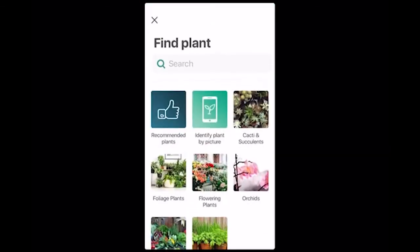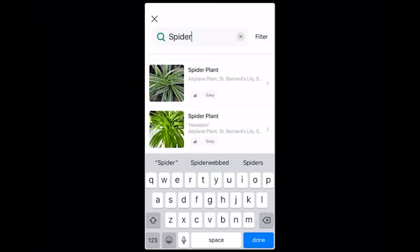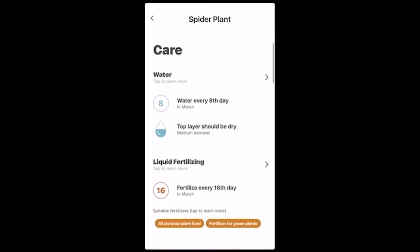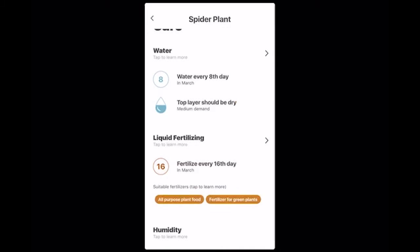And then we're going to add a plant. I don't necessarily know what all my plants are, and if I got premium, I could use the identify plant by picture. But I do know that I have a spider plant. So, you can type in part of the word or all of the word. And then the great thing about Planta is that in addition to helping you figure out how to take care of your plants and do so in a timely manner, you can actually learn an awful lot of information about that plant. Like this lets you know that I should try to water it every 8th day and the top layer should be dry. If I'd like to learn more about what that means,